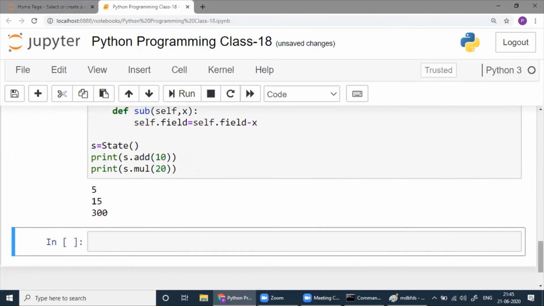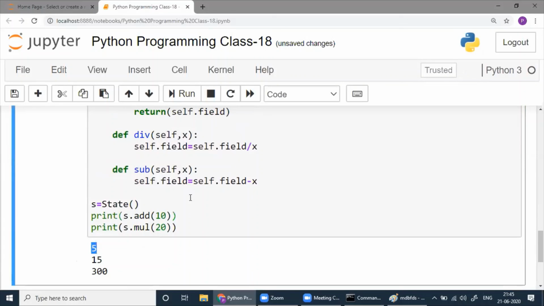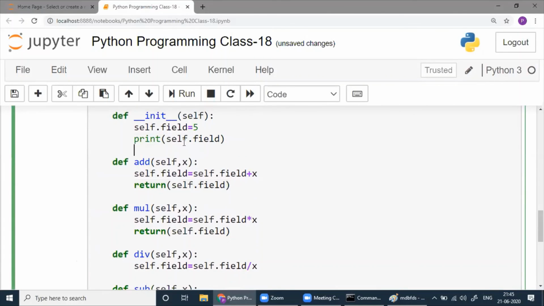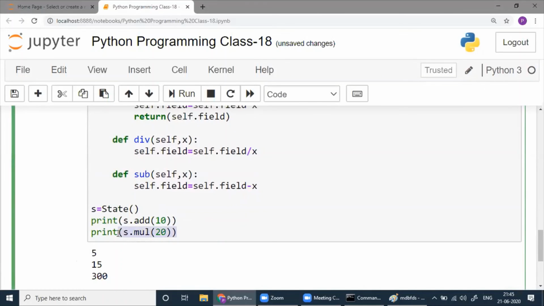So when I run this, initially it was 5. Now if you print this one, when I created this one, I called this method, I got 15, and I called this, I got 300.